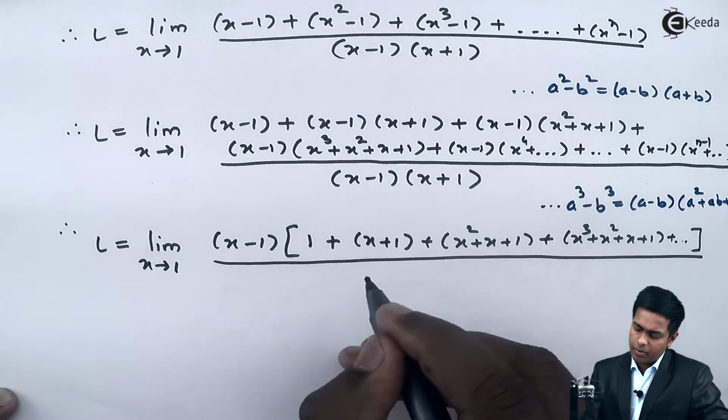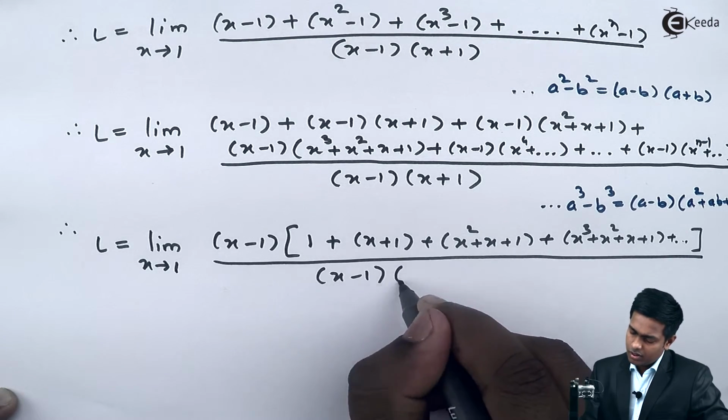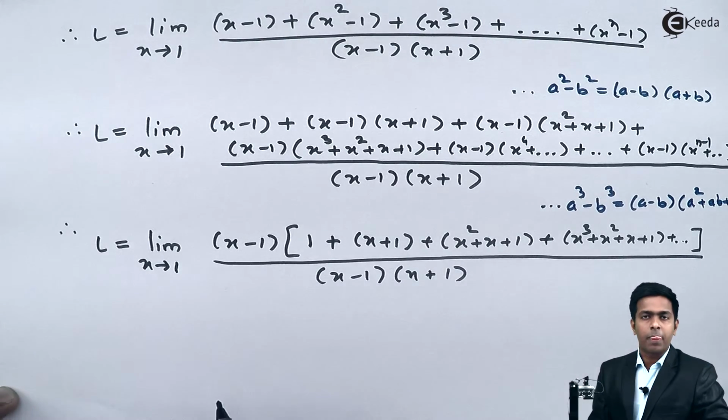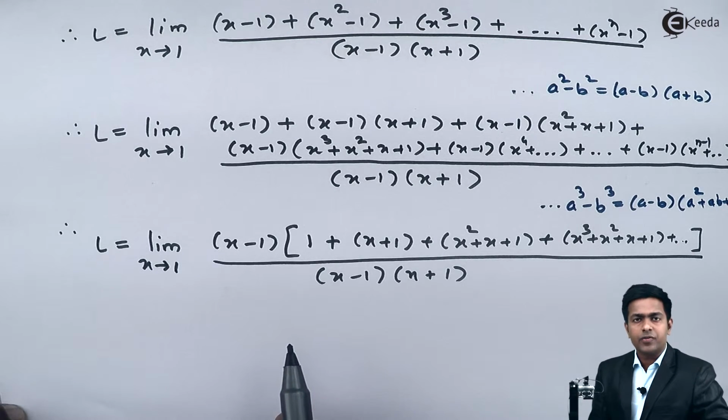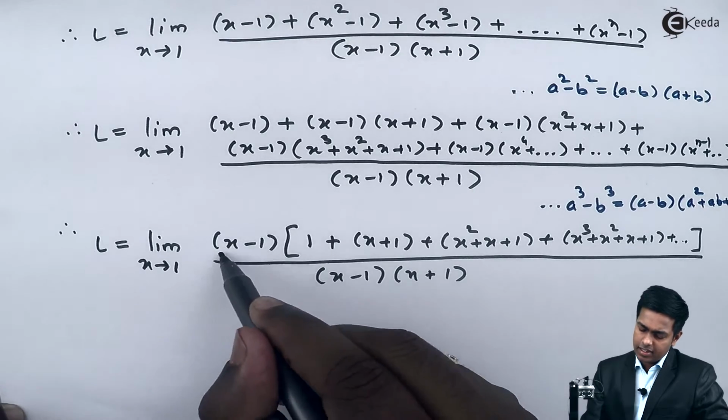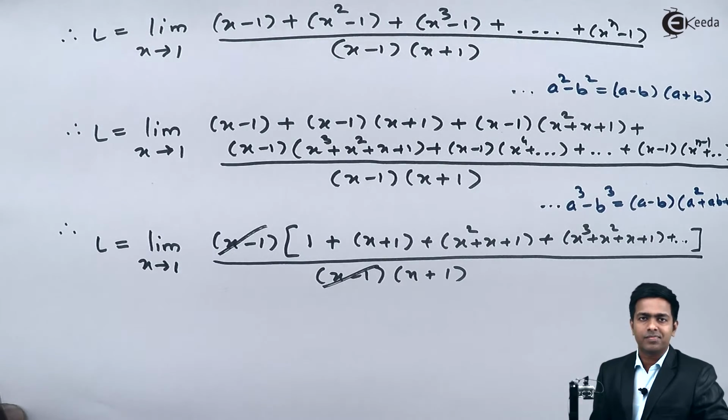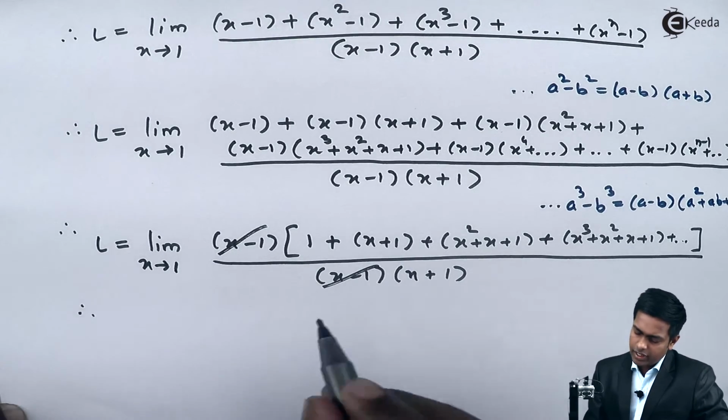Similarly from denominator terms are as it is. Now from numerator as well as from denominator we can cancel this x minus 1,